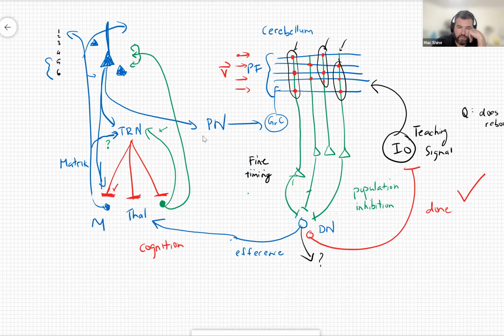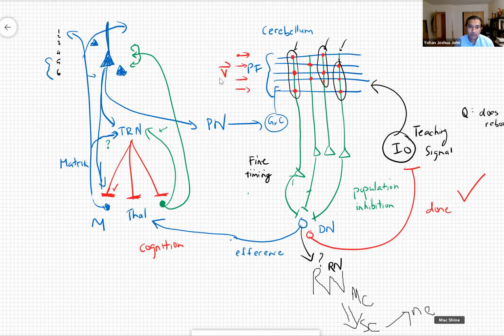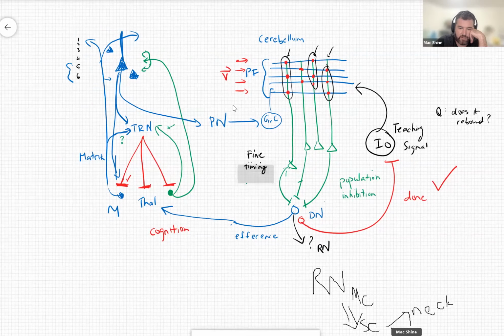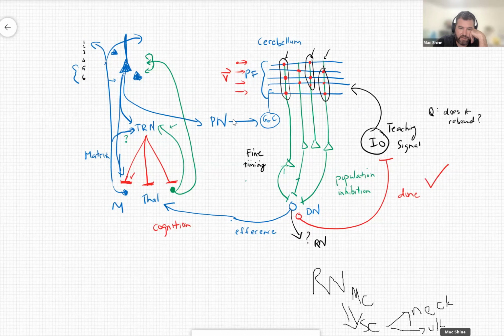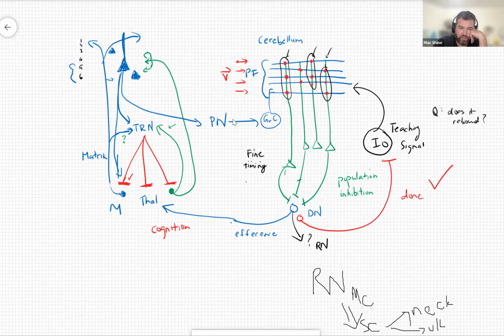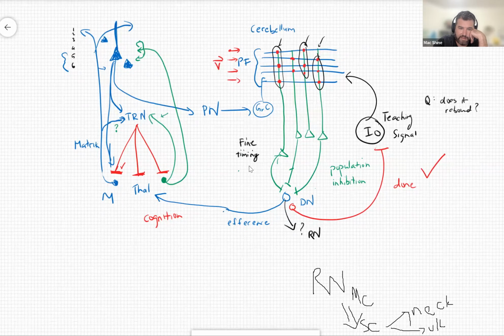Well, so some of the DNs go to the magnocellular red nucleus. Okay. Sorry, I've lost the ability to project. The magnocellular, these are the ones that project down to the spinal cord that control neck movements. Okay. And upper limb movements. So like the cervical spinal cord. Okay. But they're systematically diminished in humans compared to non-human primates. Right. But